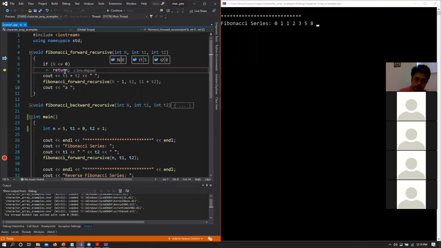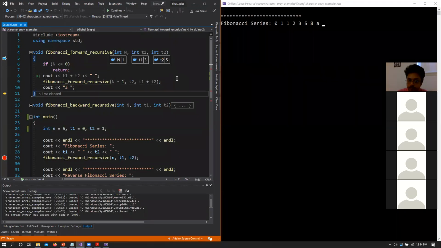So it would return back to this particular point here, where it will print out A. Note that at this point, our n, t1 and t2 values are the previous values, so 1, 3, and 5, the values that we used to call to get the value of 8.